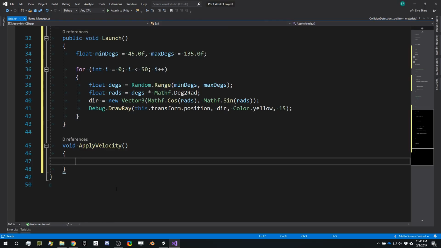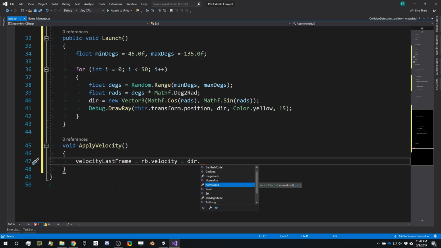So here inside ApplyVelocity, we can do velocityLastFrame and assign that to whatever the new calculation is that we're about to calculate. But I said I want to change the rigidbody velocity to that value as well. So I'm going to do rb, talking to our rigidbody, and our velocity off of the rigidbody. And I want to assign that to a value as well. And what's that value going to be? Well, that is the direction. And again, I want to reinforce the fact that this is unit length. So I want to do dot normalized,